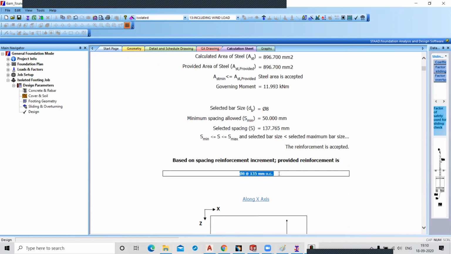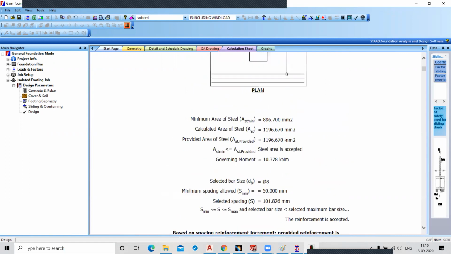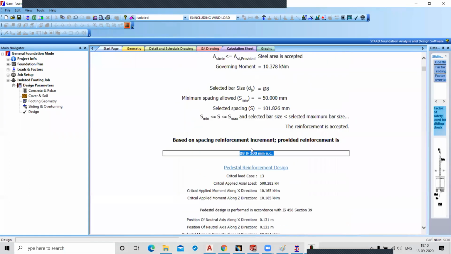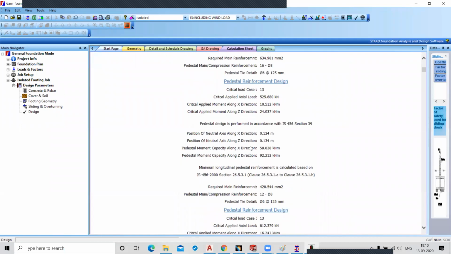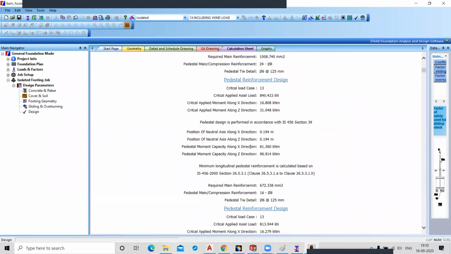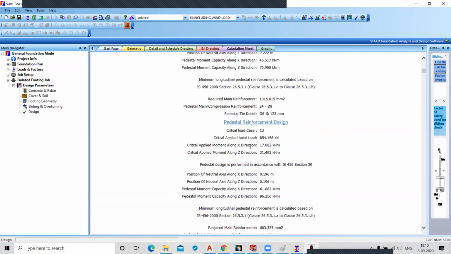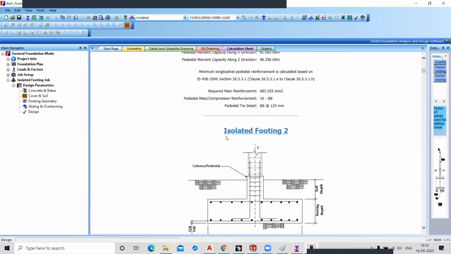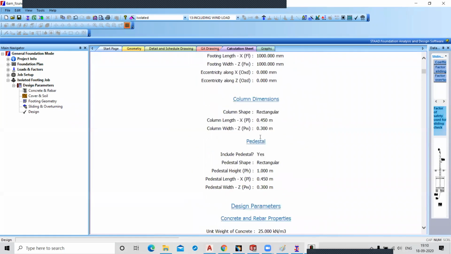This is your top reinforcement, and this is your top reinforcement along the x-axis. Okay, dear. Now, this is the calculation for the first footing, first column. From here, this is the isolated footing 2. The calculation for footing 2 is here.